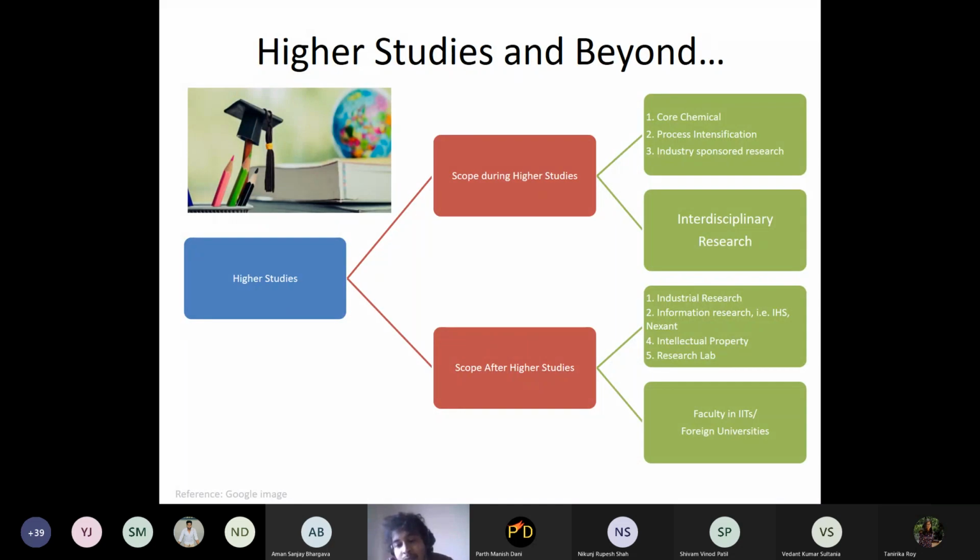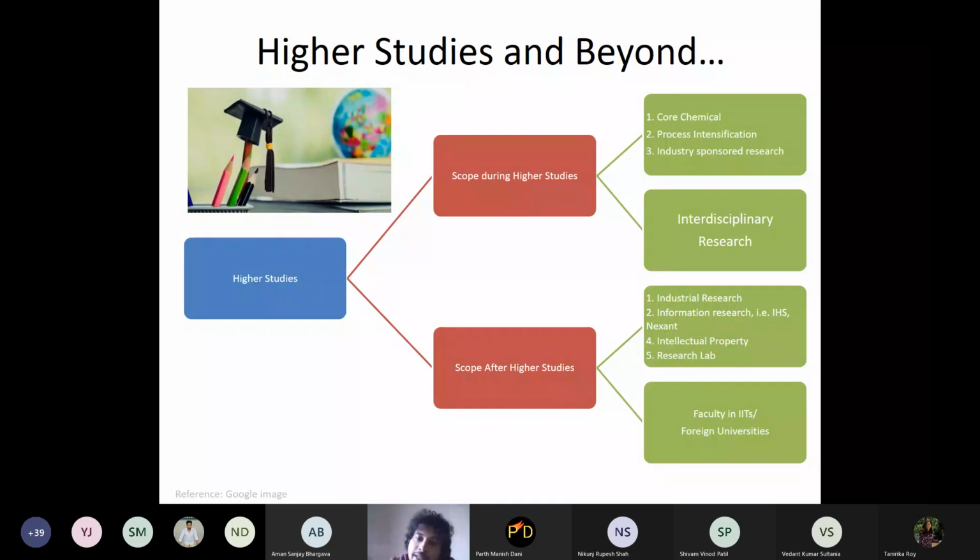But that needs a good understanding of how the reaction goes and what the different types of reactions are, and that actually makes you an SME, or subject matter expert, if you work in that area, maybe in your MTech and then job, then PhD if you look into it. So there are those kinds of things also. Then there is industry sponsored research.